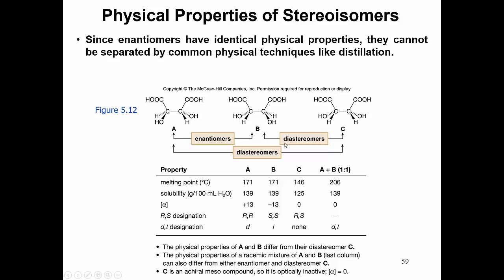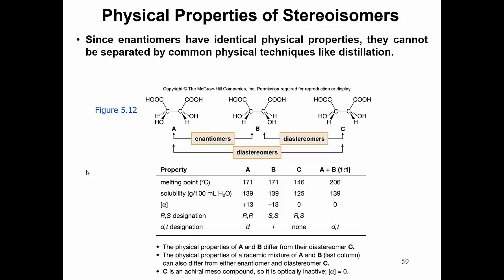And because C has a superimposable mirror image, because it has a mirror plane right down its center, the left and right halves are identical. It's achiral, it's not going to rotate light, it's not going to have a specific rotation. But A and B are enantiomers. Same melting point, same boiling point, same solubility, right? C is a diastereomer of each of A and B. And so its melting point or boiling point and solubility and other physical properties are going to be different than